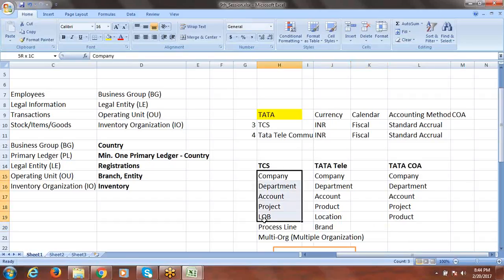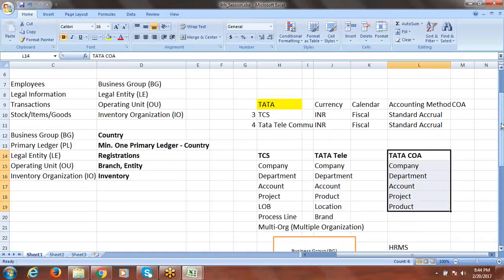In this way, every company has their own requirement to have different chart of account segments based on their business process. Now, taking all these into one common chart of accounts will become a big challenge. Even if I take distinct segments, the number may go up to 10 or 10 plus. Using 10 plus segments in the chart of accounts is a very bad practice. That is the reason, to simplify the process, I may go with different primary ledgers for two different